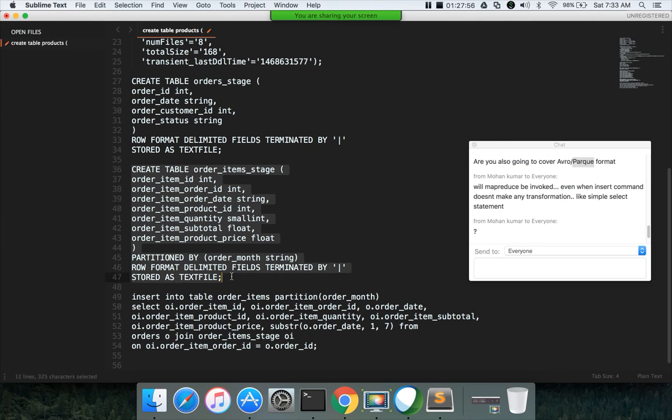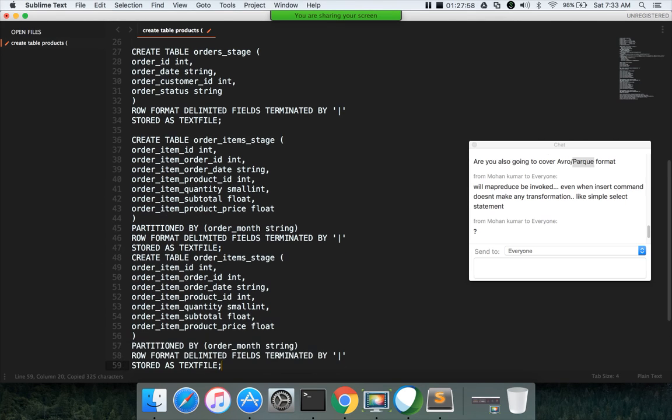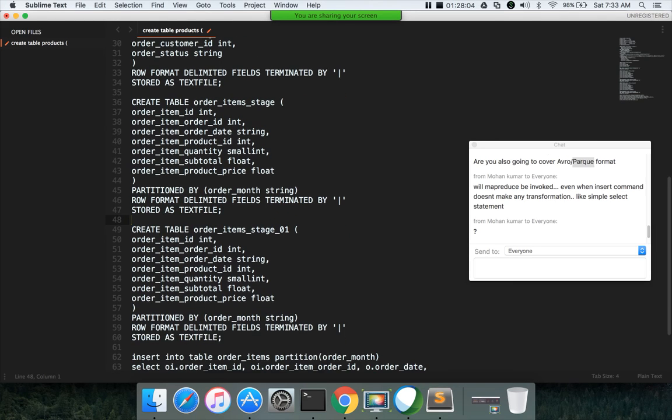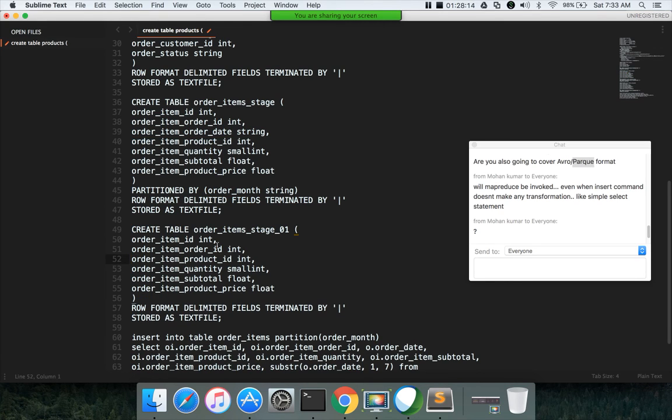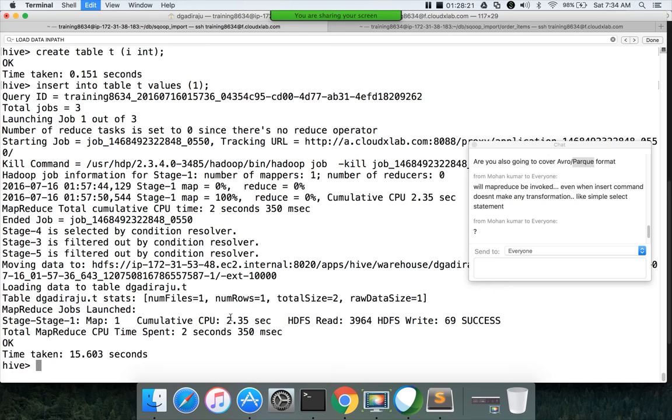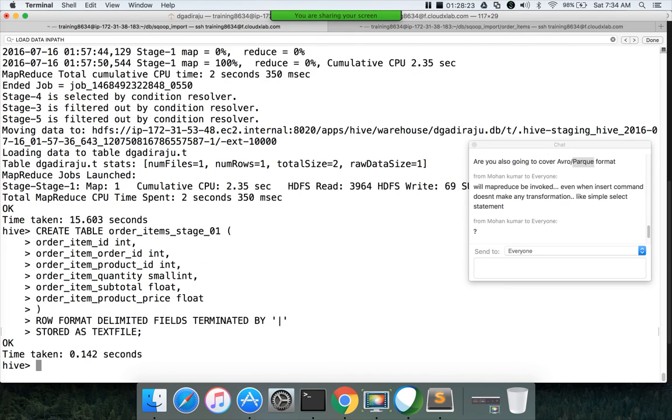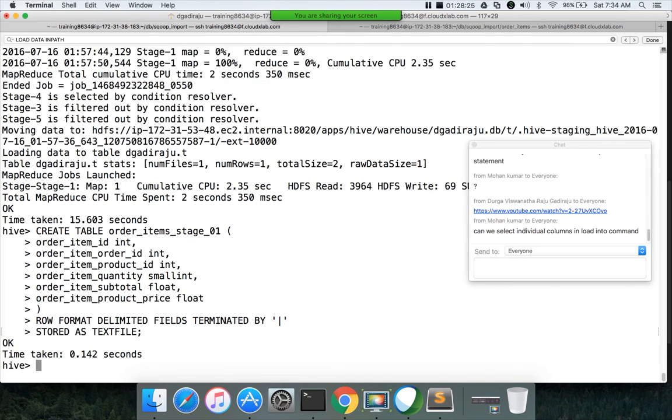The structure is almost the same, stage_01. In this case, the structure is exactly the same between the table which was created earlier and the table that is being created now, order item stage, and only the name is different. It's exactly the same, and hit enter. Okay, so now you have similar tables.